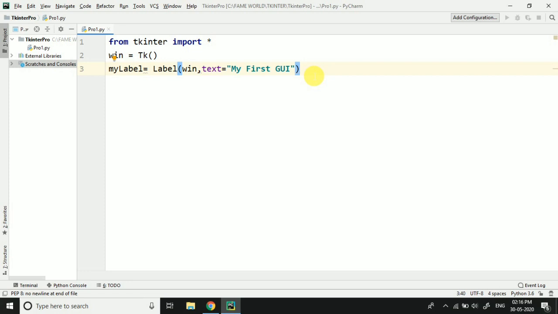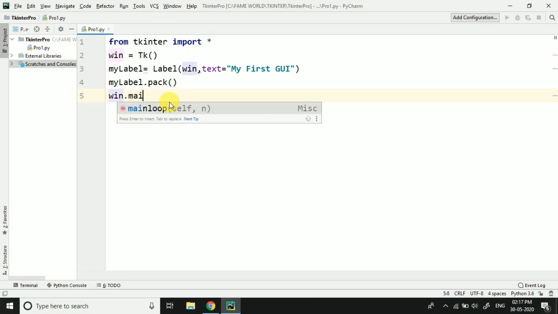Now I just want to tell you one more thing. Whenever we are working with Tkinter or we are creating Tkinter programs, it is required to pack each and every component whichever we are using. As I have used this label and I have taken it as my label, so I should pack it. What we have to do to pack, we have to use the pack method, and packing is basically meant for sticking the components on our window, to add the components on our window. So win is our window, and I'm just packing it.